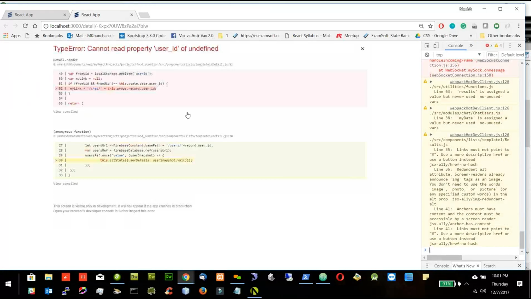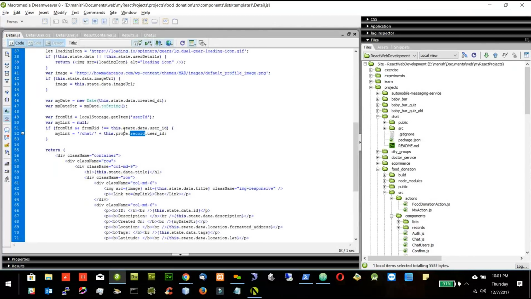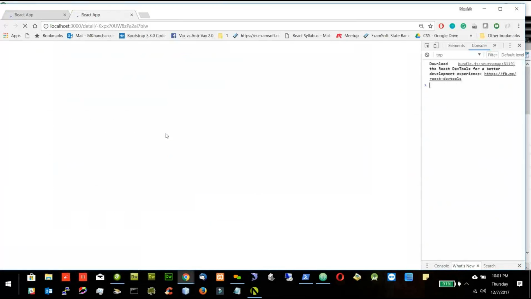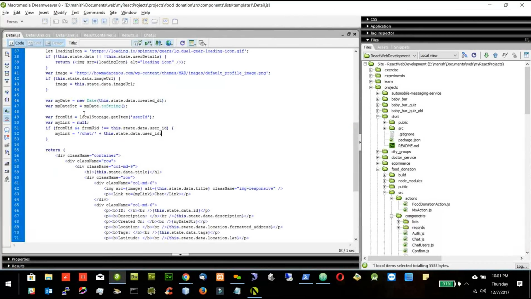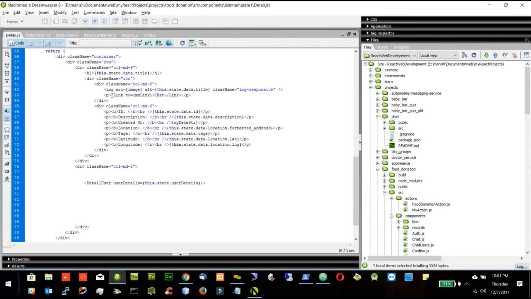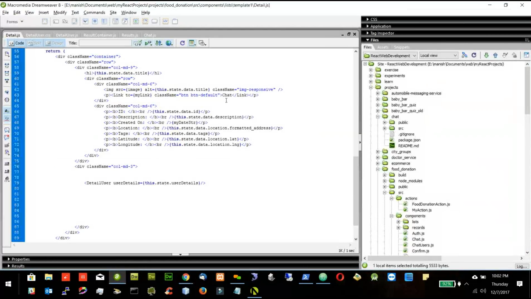So there is some error, I think. This.props.record is not there. We have to say this.state.data.userId. Okay, now chat is a little small here, so let's make it a button. So I will say className equal to button default or button primary,